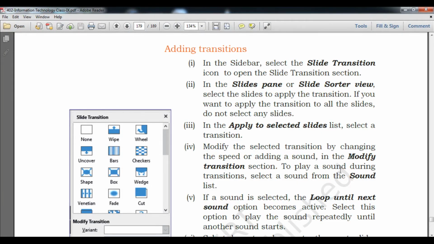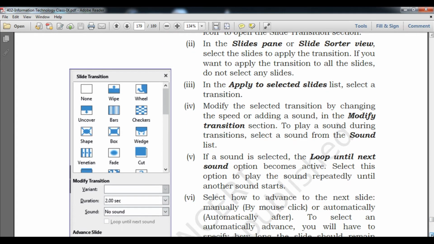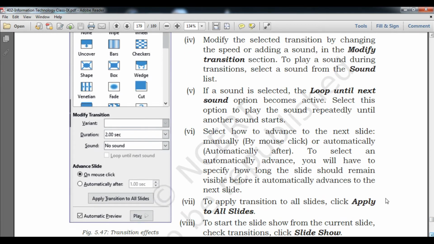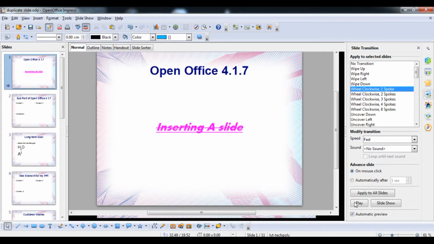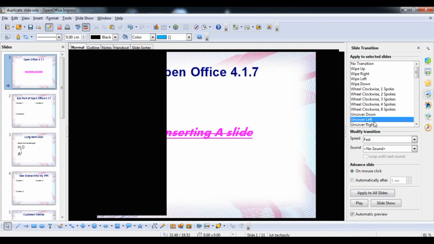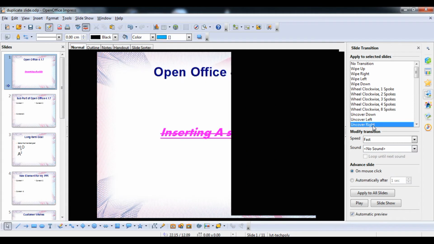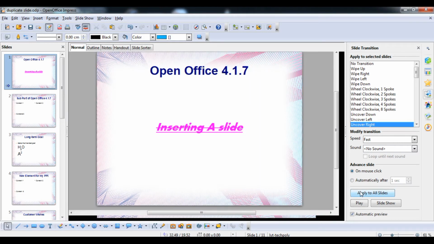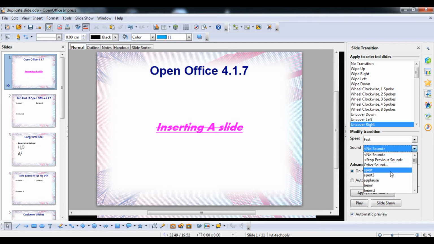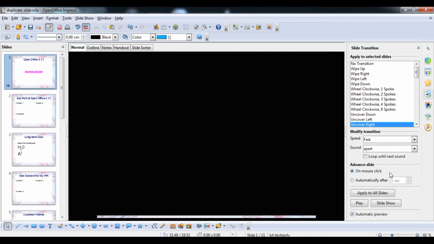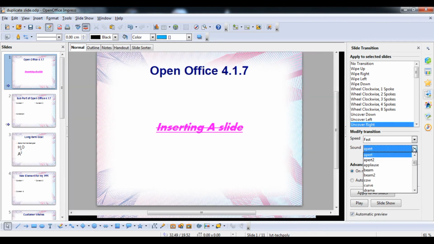You can also see the sound option here, but first of all we will talk about how to apply to all slides. We are going to just apply to all slides, students. I want to use this one, Cover Right, and apply to all. Now you can see that the sound option will also add a sound here. You can listen to this sound too.